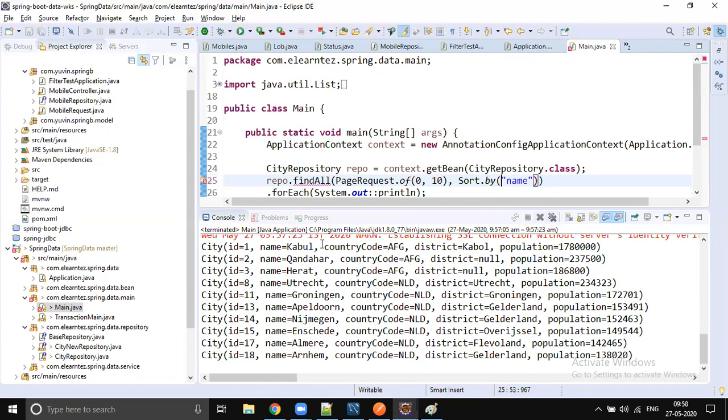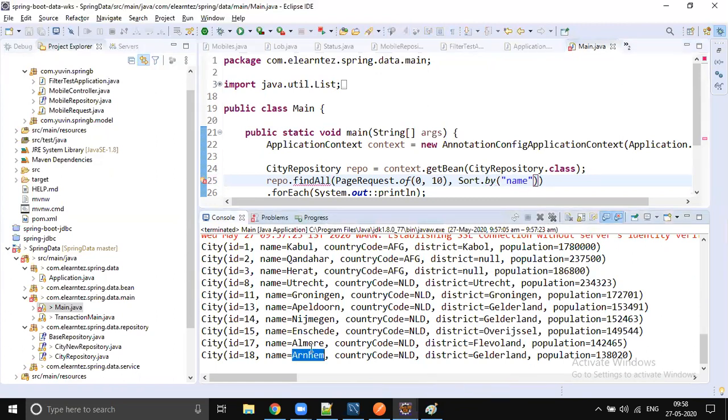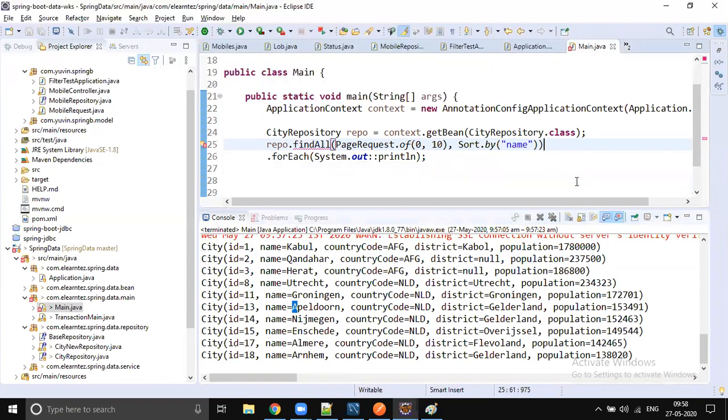Now you see that the data will be sorted, like first Ajmer will come, the city which is starting with capital A will come first, right? I think I need to add one more closing parenthesis, so Sort is closed.